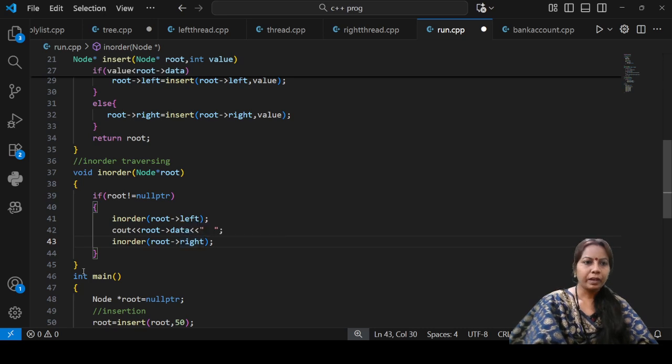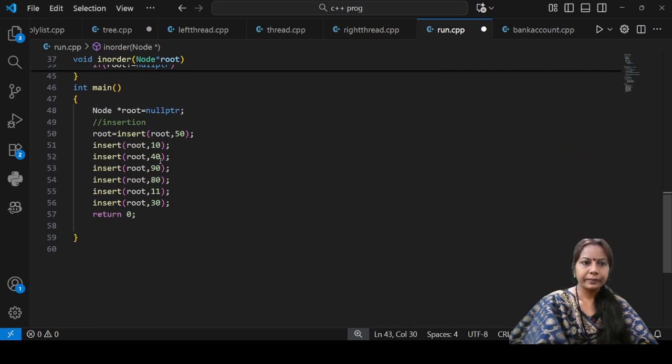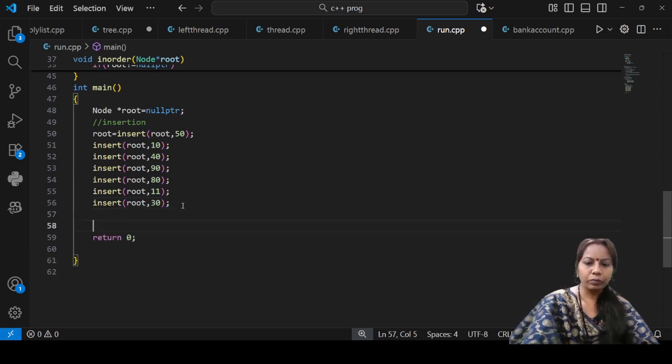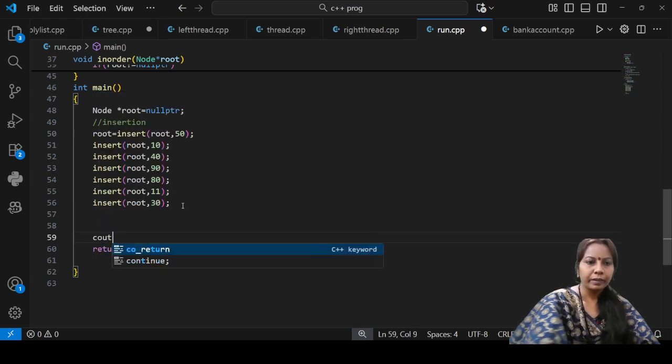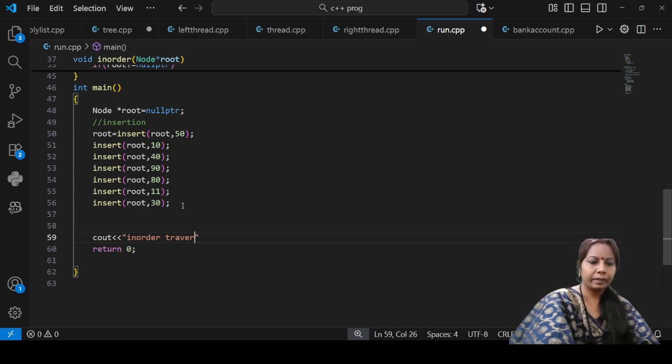Okay, now this is for in order traversing, and inside the main, here I would like to call the in order. So देखते जाओ one by one. Cout, and this is the message in order traversing.